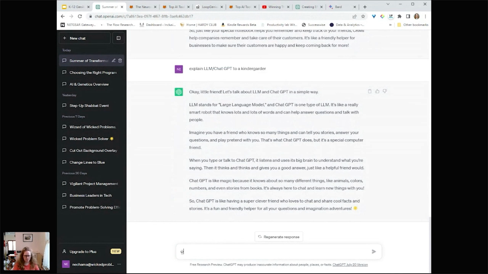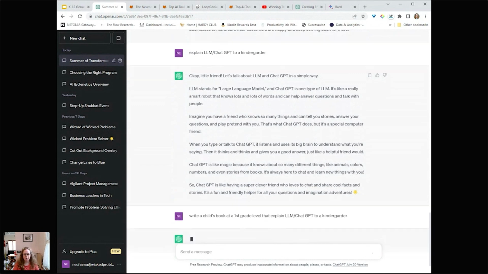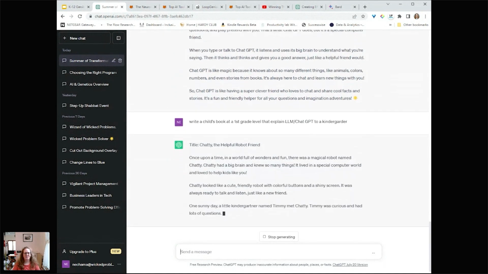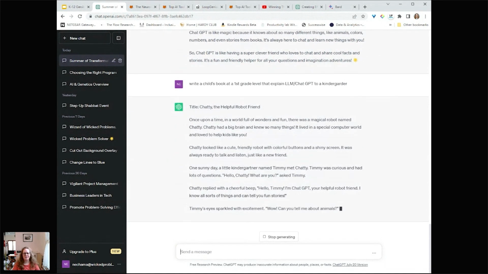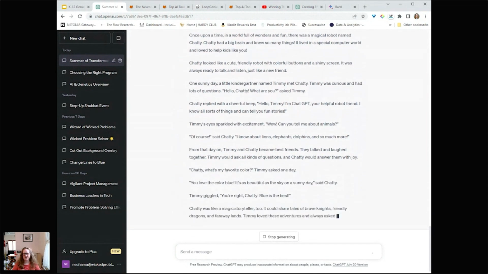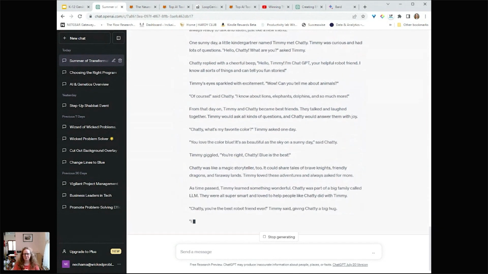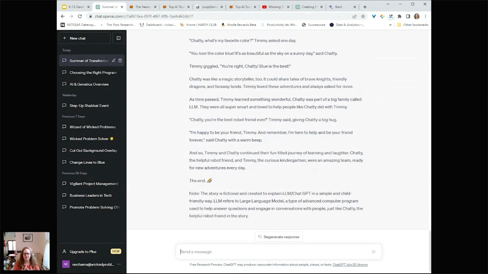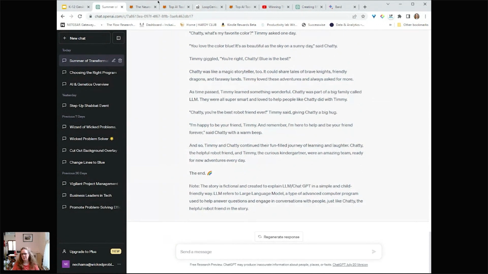So, write a child's book at a first grade level that explains ChatGPT to a kindergartner. So we're going to say, right, there it is. Okay, now that is not written at first grade reading level. However, you can start to see how it is much more appropriate in terms of language. Okay, so this is kind of cool.